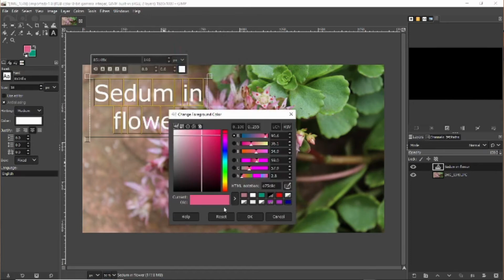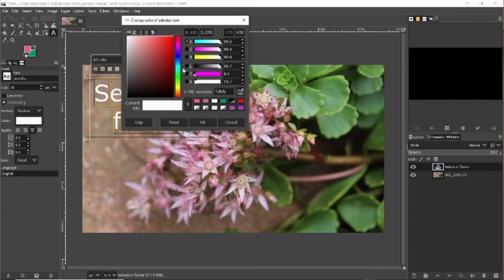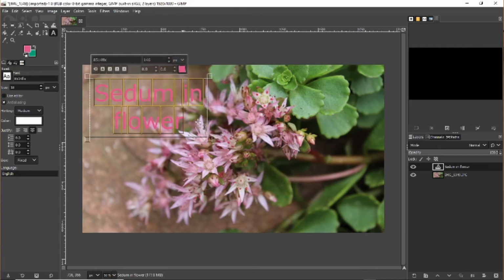Click on the foreground colour and in the pop-up, click on the right arrow beside the colour that you've just picked. This will add the colour to the temporary palette of colours, or as they call it, the colour history. Now, when you go into text colours, you can select it as normal.